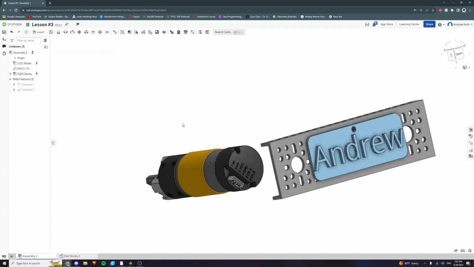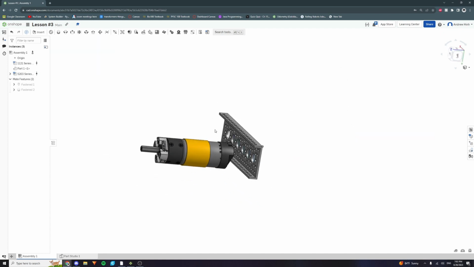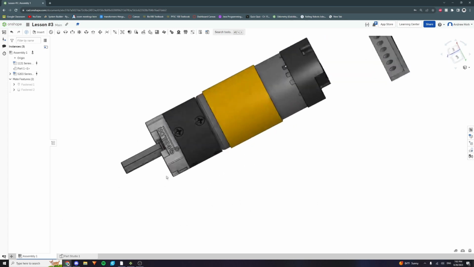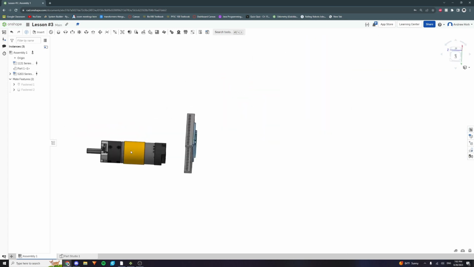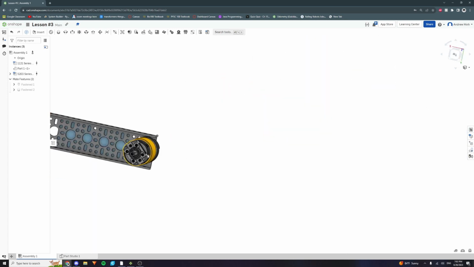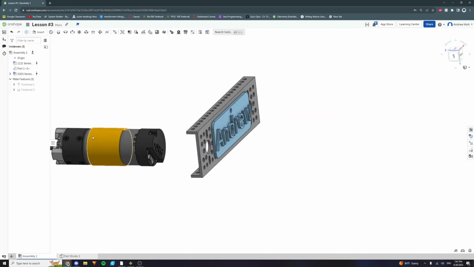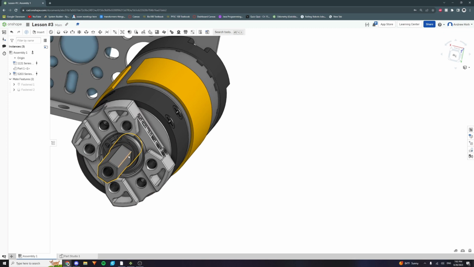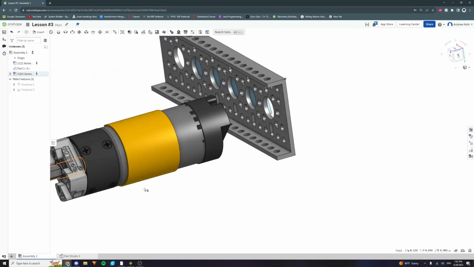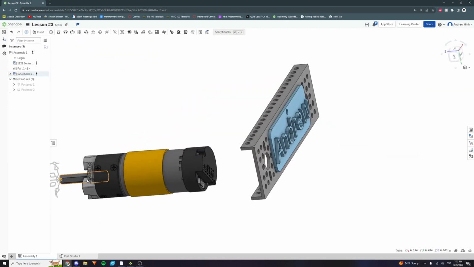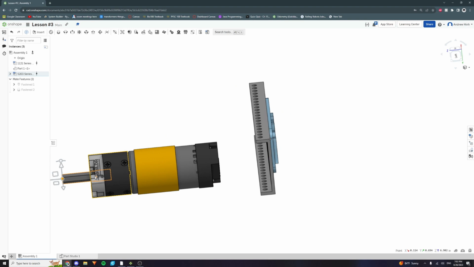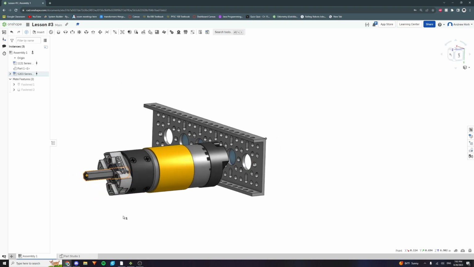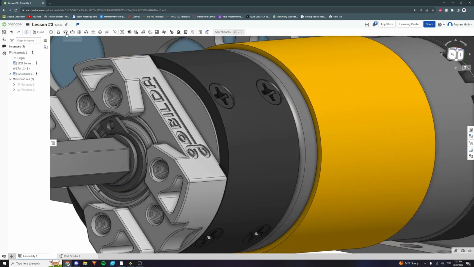Check mark this. Now we have a motor here, and let's say we want to fasten this motor on the channel as well. Let's start by rotating this. I want to make this clear first: when you fasten parts together, make sure that their faces are facing each other. For example, right here, if I try to fasten this,